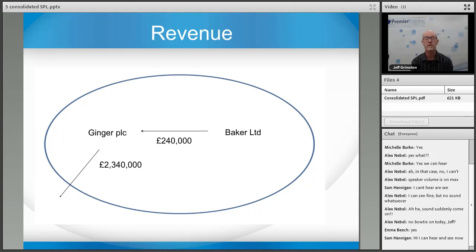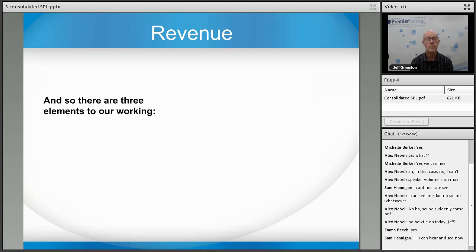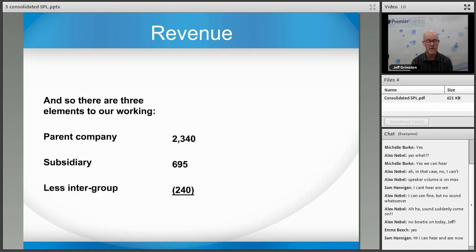240,000 sales from Baker to Ginger, which means that out of the total of 695, only 455,000 must have gone to outside customers. That's where the 455 comes from, deduct one from the other. And so we have 3 elements to the working. Sales of the parent company, sales of the subsidiary, minus the intergroup sales that didn't cross the line, gives us